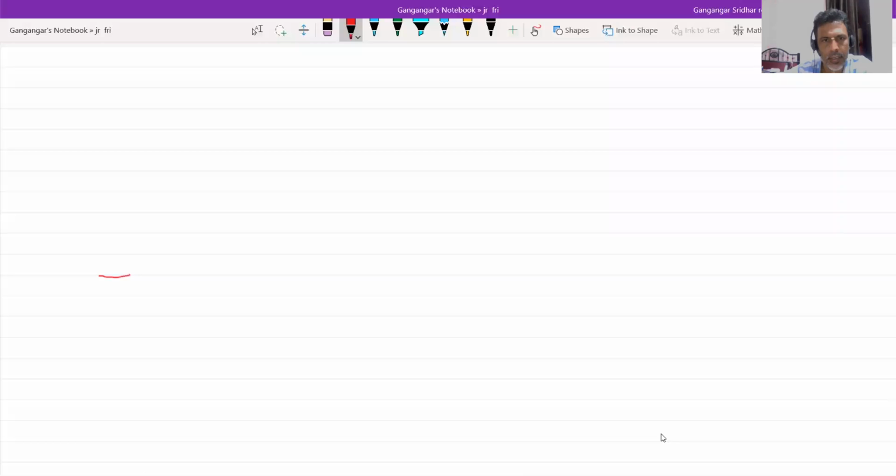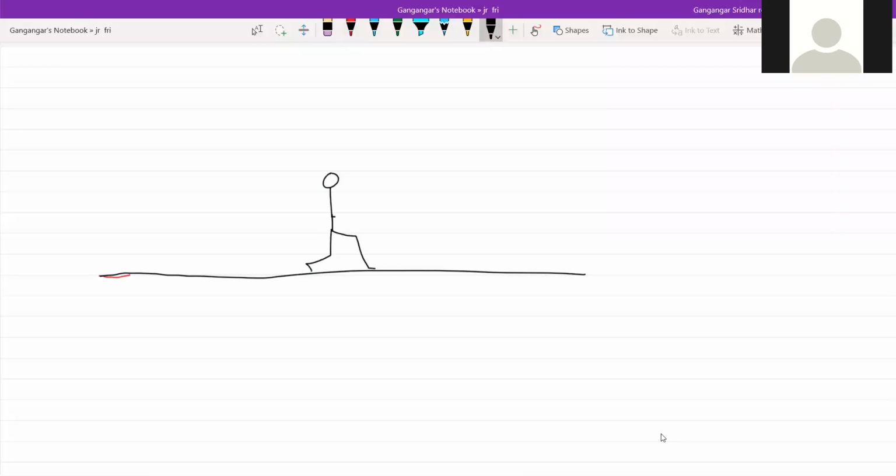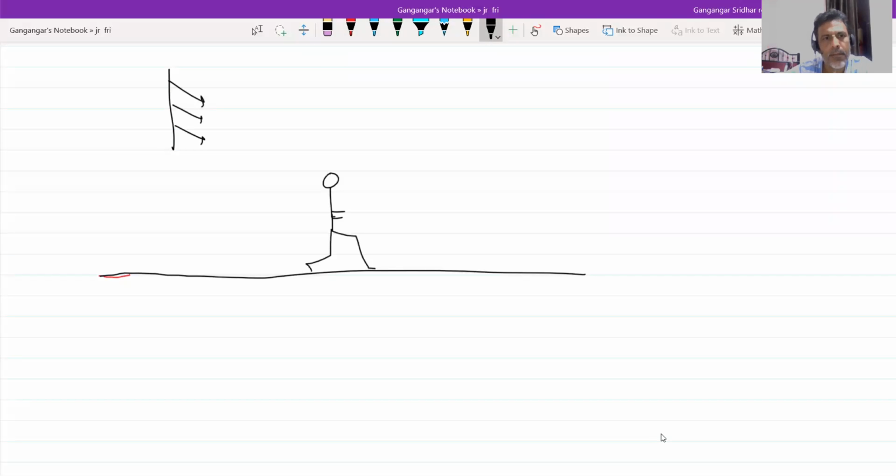Okay, this is a road. Velocity of rain, VR, the same 30 degrees it is. Okay, now velocity of man, let it be 2 meter per second. How does he have to hold the umbrella?